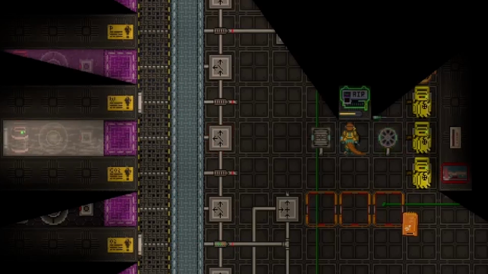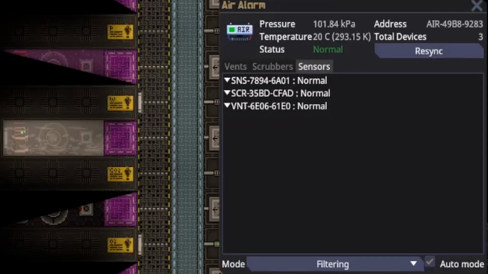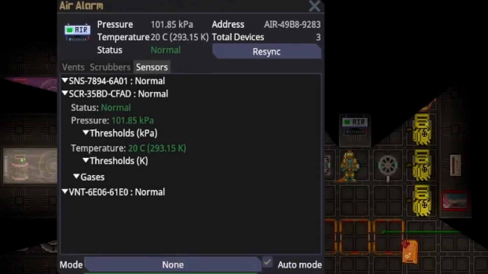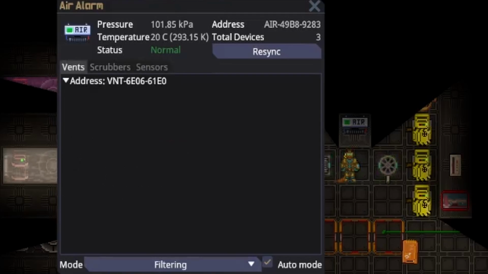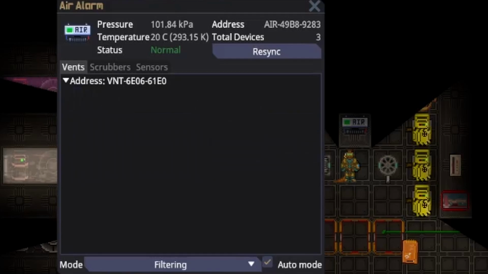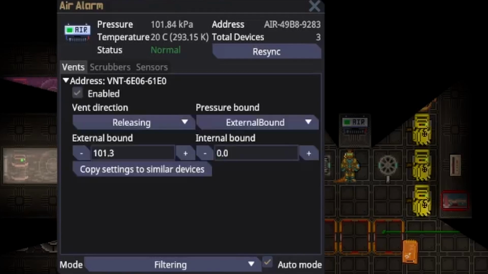Put away the wire cutter, close up that panel, and now my ID is still on the ground. I can now change the filtering mode of the air alarm and anything else. Let's go through these tabs here. The vents tab will show any and all vents that are connected to the air alarm. With this, you can set the direction, whether it is going to inject air into the environment, siphon air out of the environment,